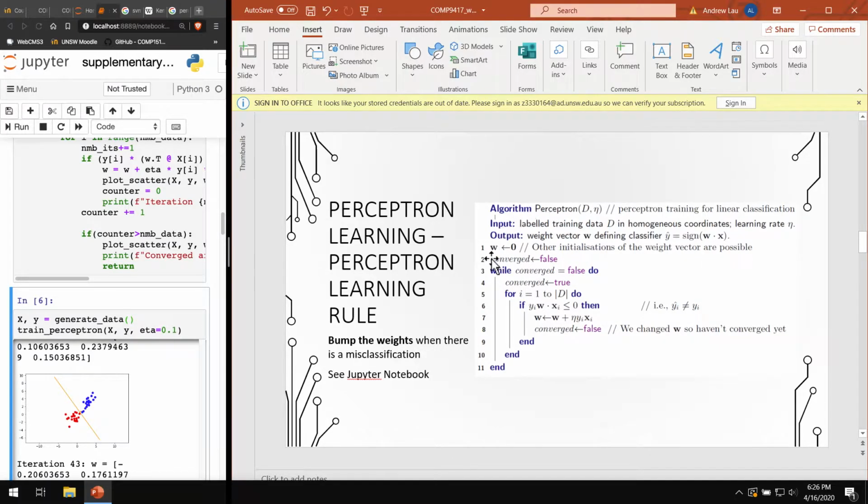Okay. So D is our data set. Our first step is we initialize the weight. So the W is the weight vector. So the W is